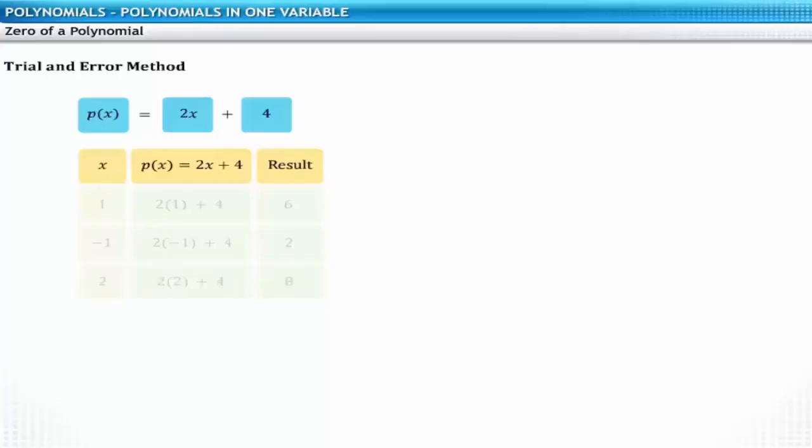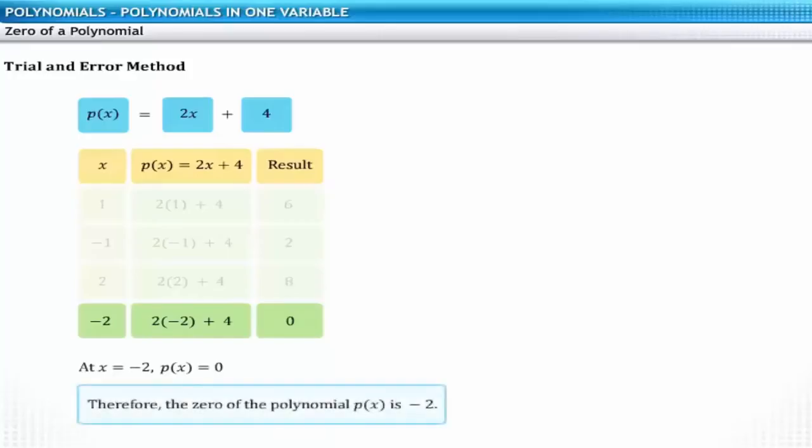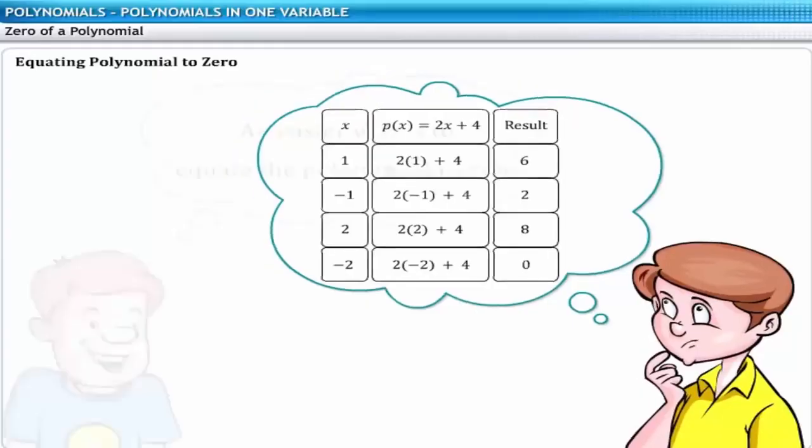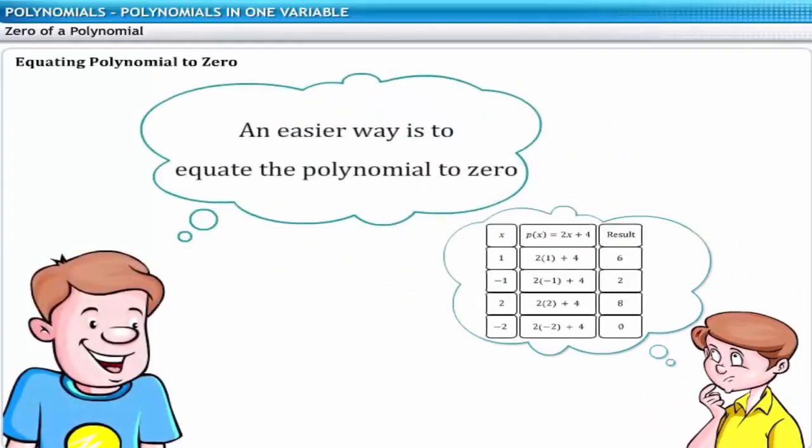In the fourth try, you use -2 as the value of x. You will find that the value of the polynomial is 0. Thus, using the trial and error method, you can determine that the 0 of the given polynomial is -2. As you can see, the trial and error method can often be long and tedious. An easier way to determine the 0 of a polynomial is by using the other method, that is, equating the polynomial